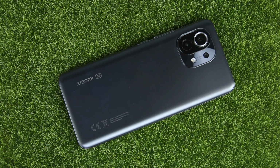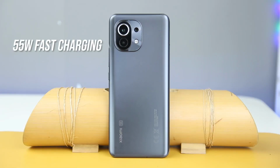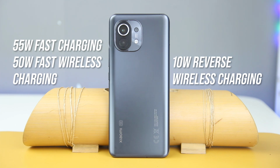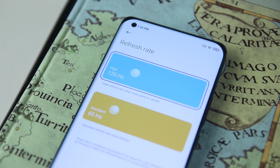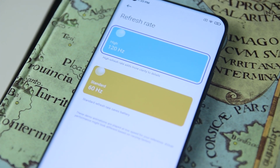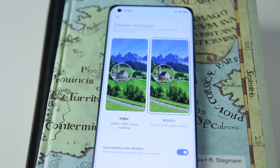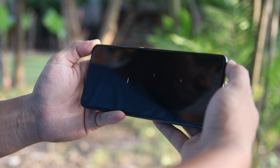As for the battery, Mi 11 is back with a 4600 mAh battery and paired with a 55W fast charging, 50W fast wireless charging, and 10W reverse wireless charging. Charging the device from 0 to 100% took us around 1 hour and 5 minutes. Since it is AMOLED plus the 120Hz adaptive display, you also have the option to lower the display resolution to Full HD Plus to save more battery. So despite having a small battery for a flagship, you still have options to prolong its battery life for more